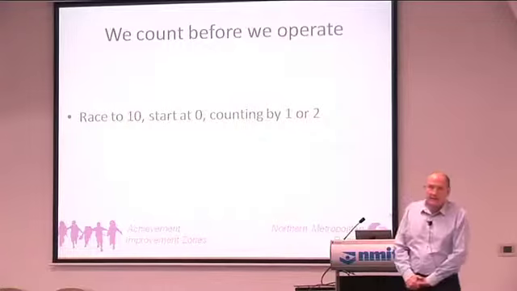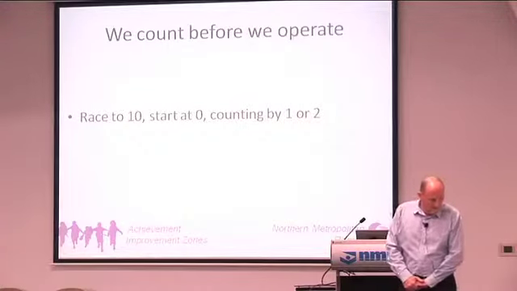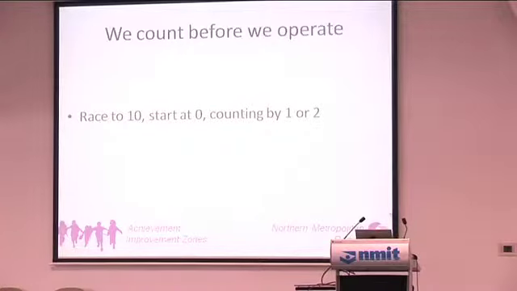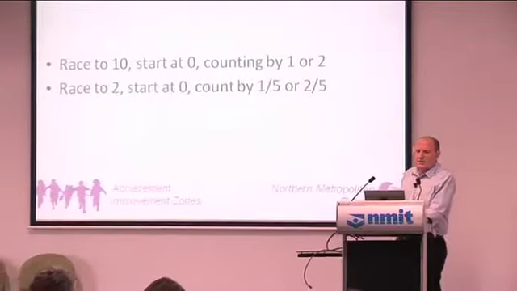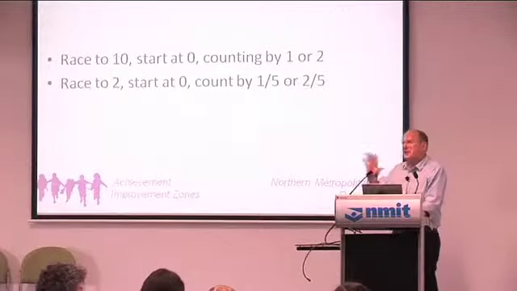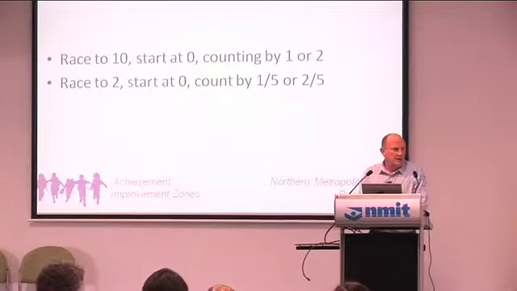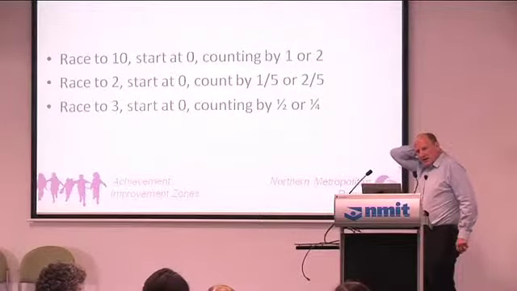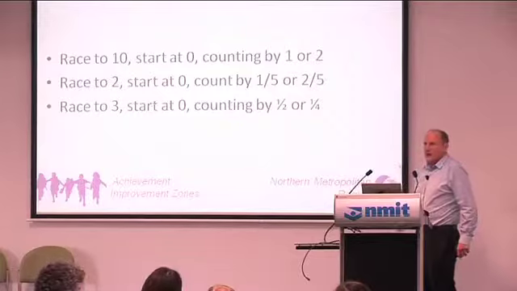It's called Race to 10, and you start at 0, and you can either add on 1 or 2, and the person who says 10 is the winner. I feel like changing the game to a race to 2, starting at 0, counting by a fifth or 2/5. But we're going to skip over that because that game's too easy. We're going to play this game here. This is called Race to 3. You start at 0 and you can add on a quarter or a half,